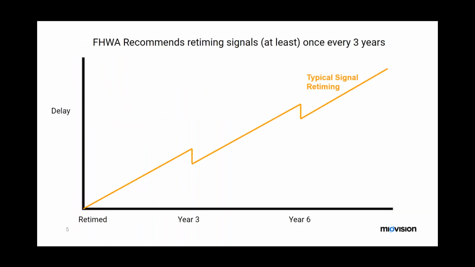So, understanding ATSPMs, automated traffic signal performance measures, I'll take one slide to do this, just to really understand the concept of why we're using ATSPMs. These performance measures are supposed to change the dynamic a little bit on how signal timing actually occurs. Traditionally, it's spot study based, or an engineering firm would come in, do a study, provide a timing plan report, and then every few years you would update this report and continue on.